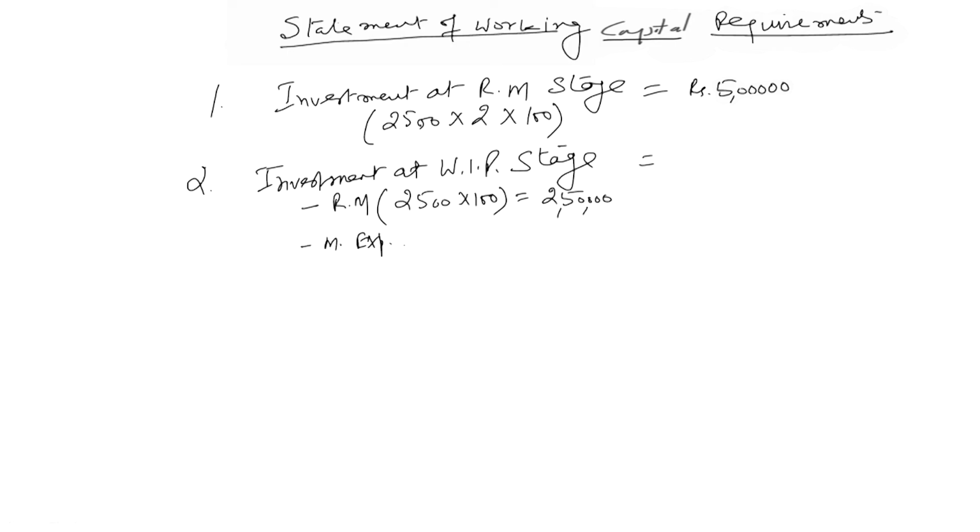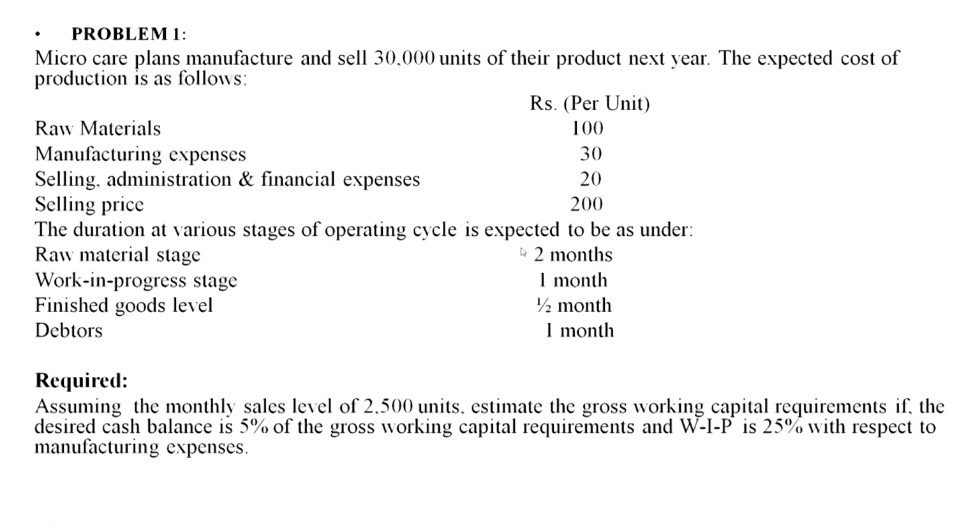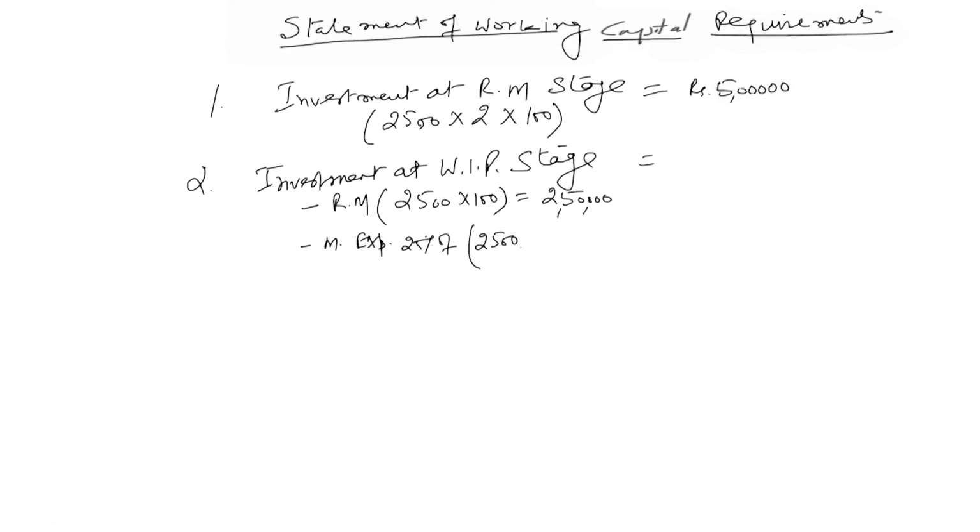So manufacturing expenses are how much? We will have to calculate. Manufacturing expenses are 25% of, something like 25% of 2,500 into what is the manufacturing expenses? Let us see the manufacturing expenses here. We have the manufacturing expenses 30. So it means 25% of 2,500 into 30. So how much is this amount going to be? This is going to be 18,750. This is going to be the amount of